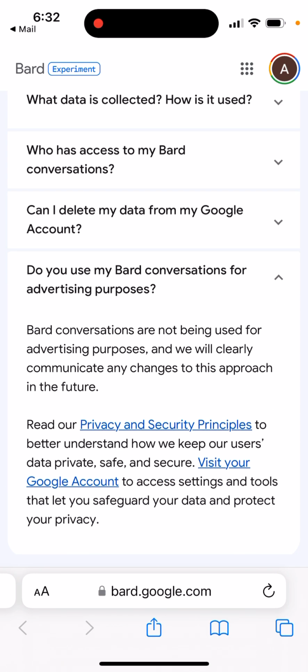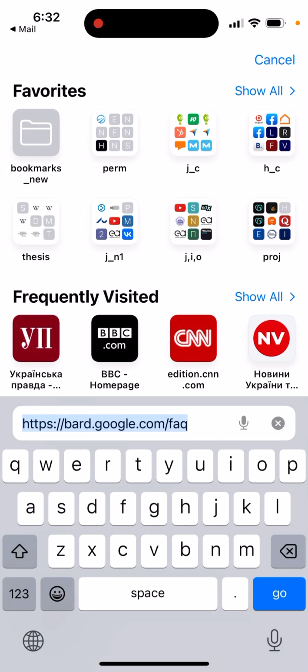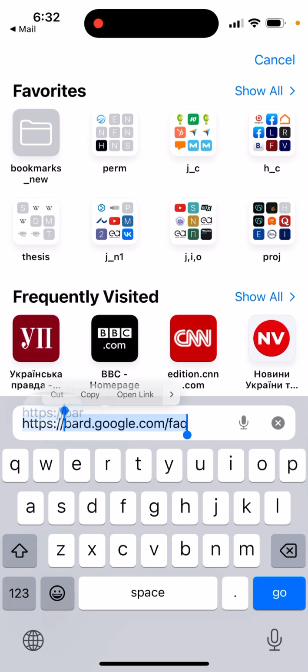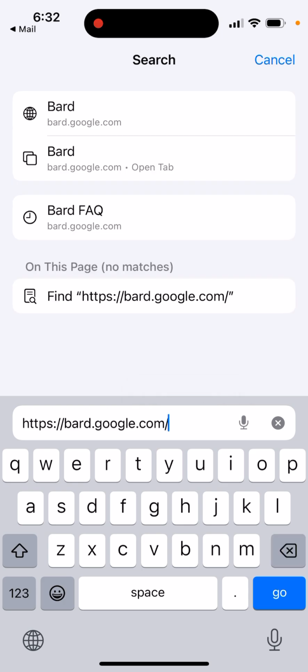Do you use Bard conversations for advertising purposes? At the moment, it says that Bard conversations are not being used for advertising, and we will clearly communicate any changes. So that's that. Of course, it's only for now. Seems maybe Google will actually change it anyhow. So if we just quickly go to Bard itself, there are also some few